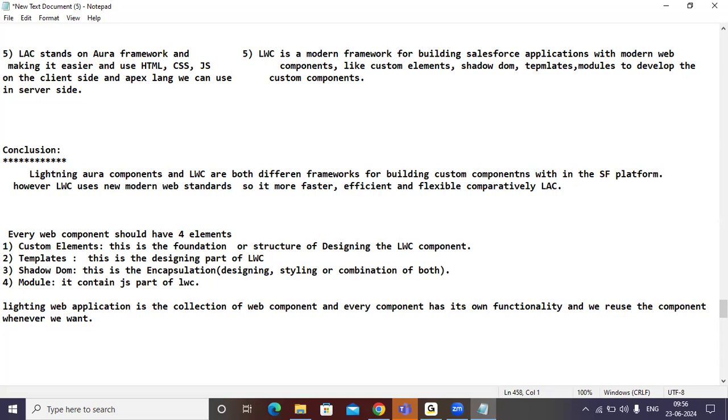Next, if you want to develop a web component as a programmer, we need minimum 3 things.